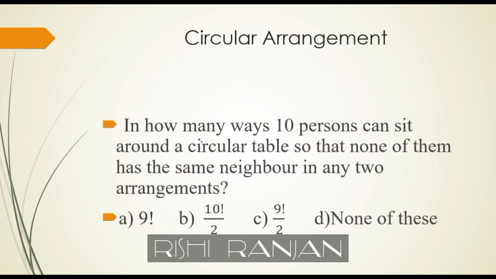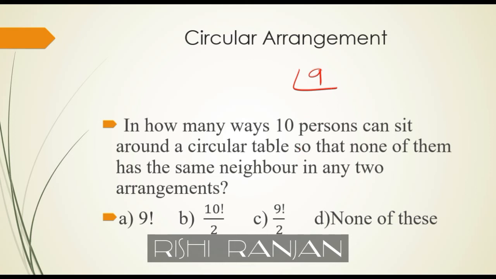In how many ways can 10 people sit around a circular table so that none of them has the same neighbor in any two arrangements? Now here, as it is a round table, we are supposed to take factorial 10 minus 1, that is factorial 9. But here,